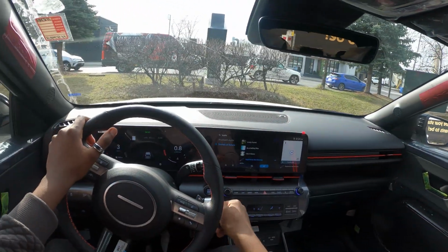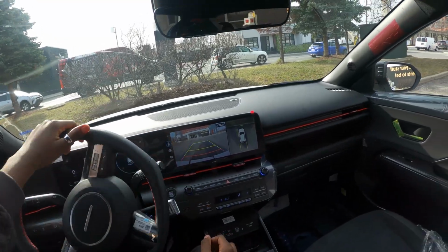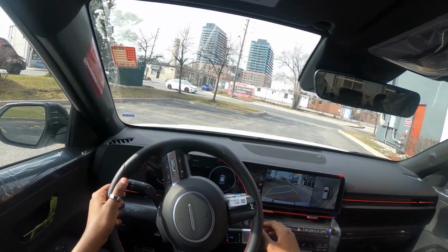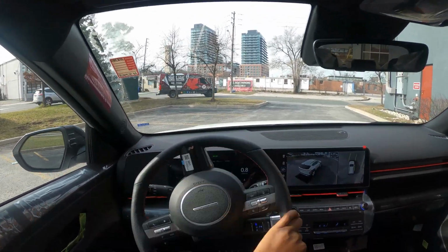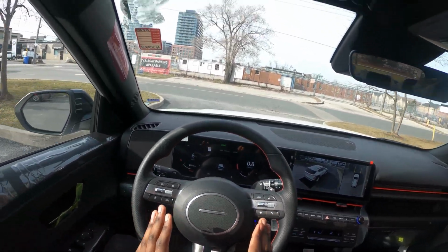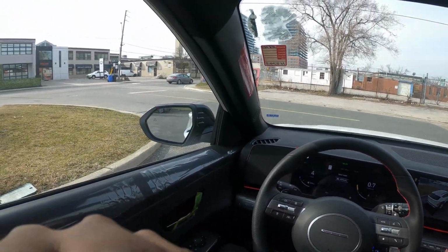And because of the way the audio is playing right now, it's soothing me. The first time I experienced this was when I was in the electric Kona. I didn't expect the N-line version of it to have that same feature as well. So because of the sweet, soothing ambience of this song, we're gonna take it back into regular driving mode